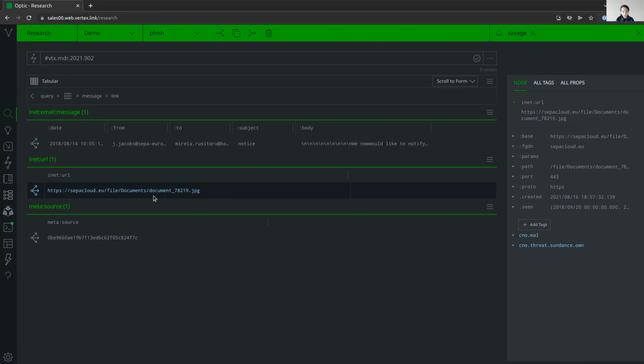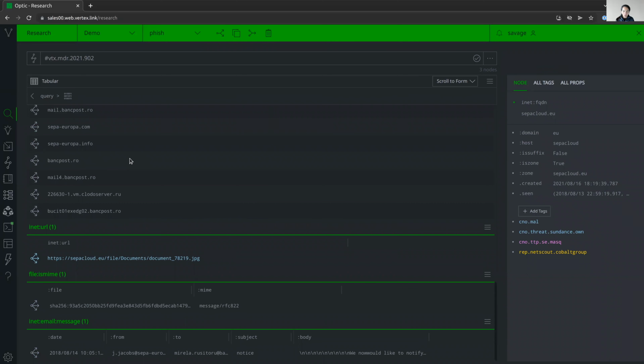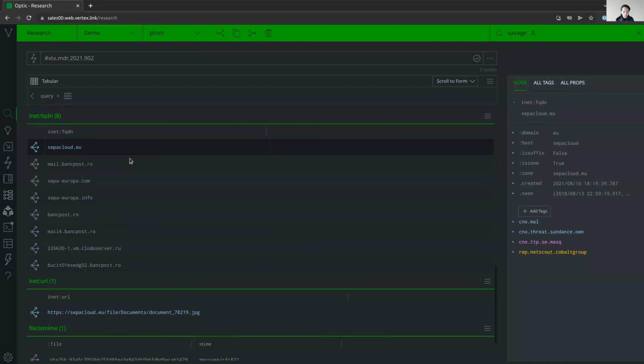So we'll go ahead and walk back a little bit and go back to the original email. At this point, I might want to go back through and pull in some additional data about some of the indicators that I have. For example, for the sepacloud.eu domain, I might want to see if there's a whois record or DNS or PDNS data, or maybe I can even query VirusTotal to see if there's any files that are downloaded from this domain or